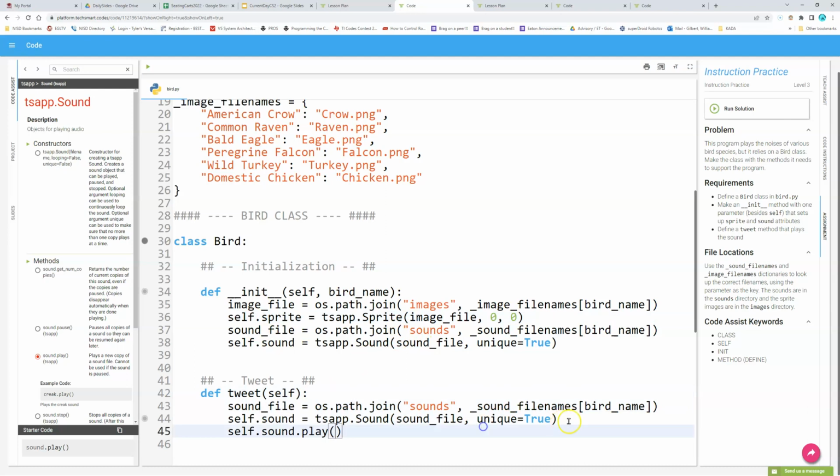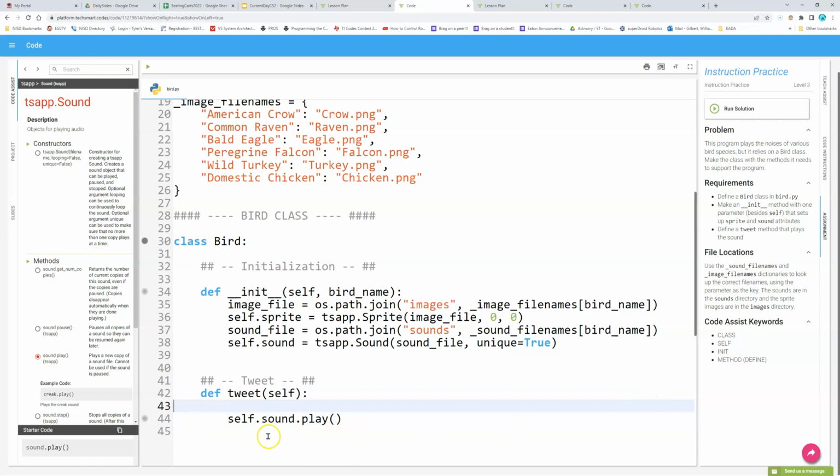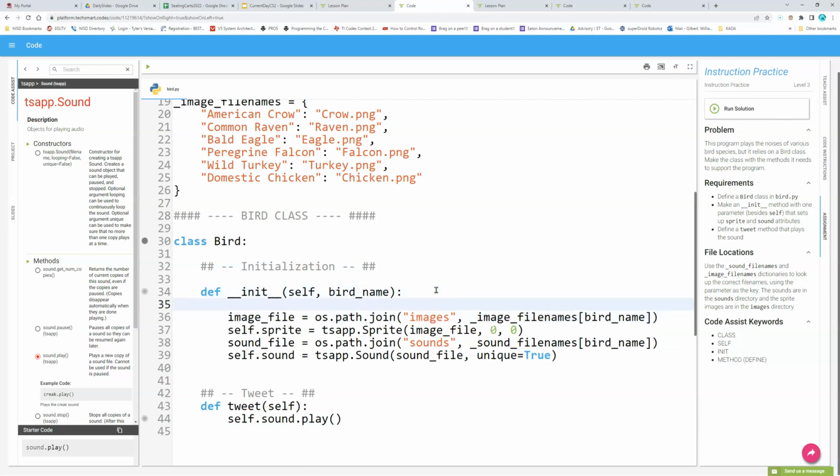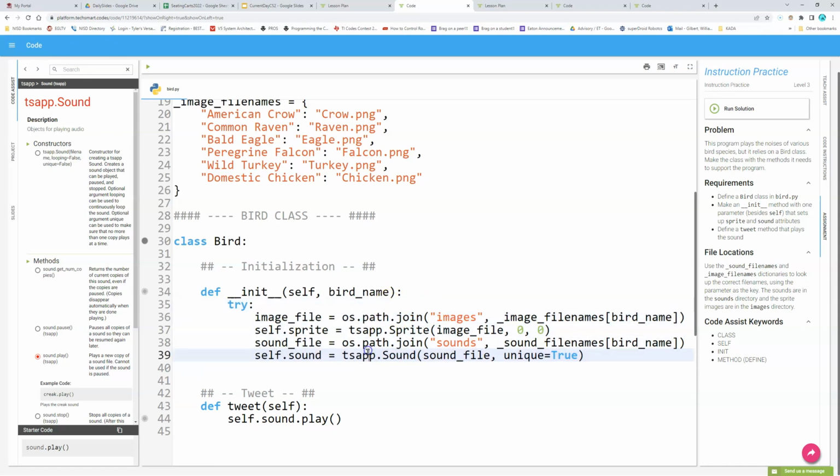And then in my method here, now all I have to do is play that sound. Self.sound.play. Okay. Now there's a lot of things that I would do here if I wanted to make this better. This is kind of a dangerous method if they give me a bird name that doesn't exist. So this might be a good time to also implement your try except for your error checking,